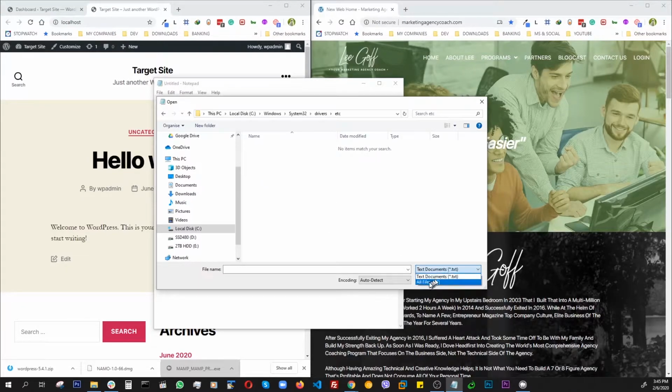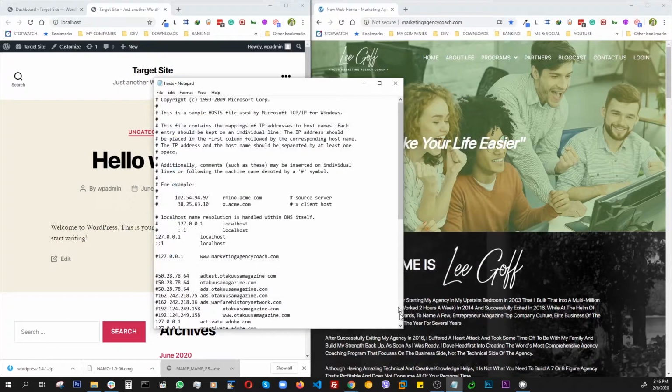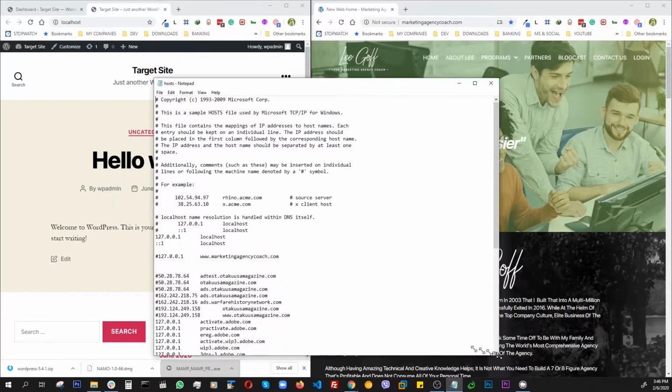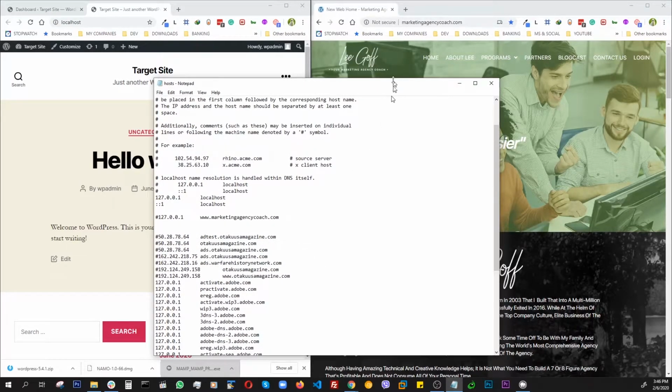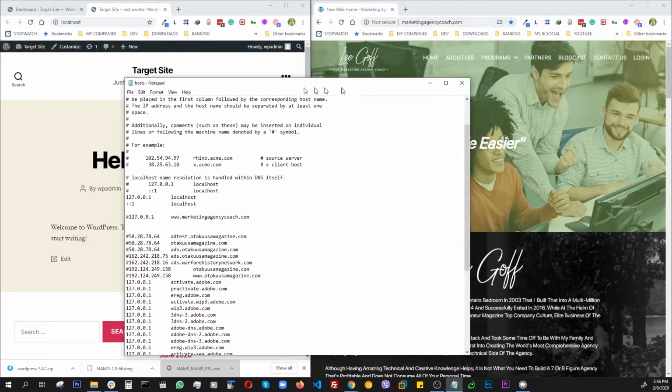But if we change it to all files, now we see the necessary files, and our target is the hosts file. So this file right here, what we're going to do, and as you can see here,